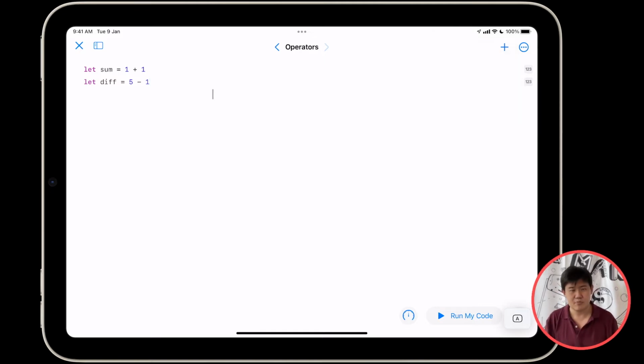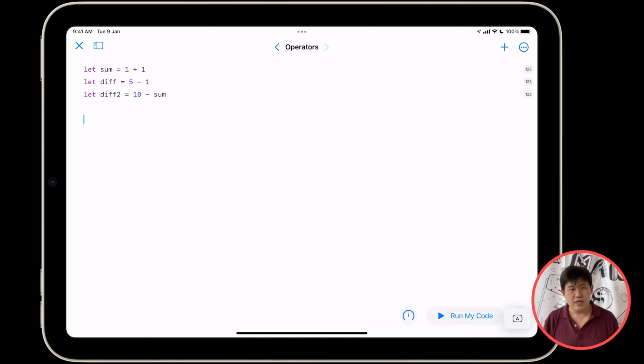All right, that's great. Let other difference equals 10 minus sum. So what's happening here? It's taking whatever sum was, which is 2, and putting it inside here. Again, if you've done algebra, all these concepts should be fairly familiar to you. 10 minus 2 is 8. So it takes that on the right-hand side and stores it in the left-hand side as 8. So if I press run, you're going to see this pop up over here, and diff is 8.